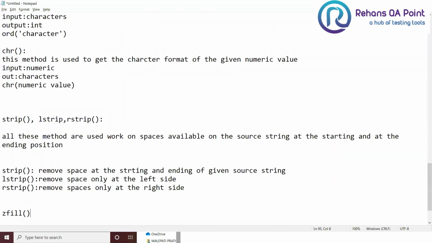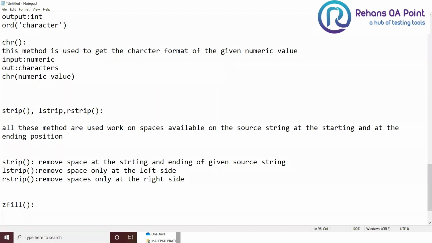So zfill. Recently I used this in my project. Okay, so this method is used to fill zeros at the beginning of the string.